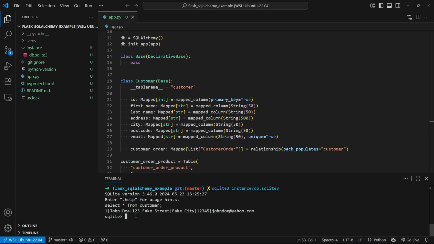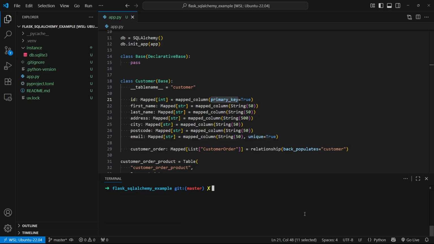So here we see John Doe. It has all the information that I added, and it also has an ID 1 because that's automatically generated, because it's the primary key. So if I add another record, it's going to get ID number 2. I don't have to add that myself. So let me go back to the Flask shell,